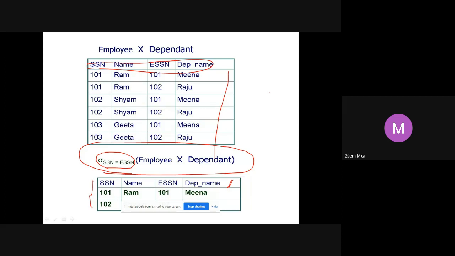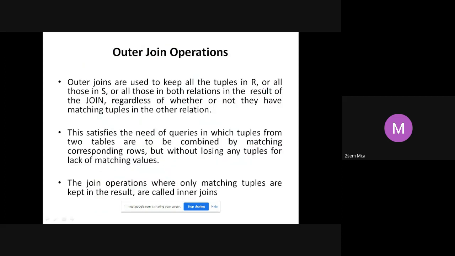What do we mean by outer join? Now, you want to retain the tuples even if the conditions are not satisfied. In that case, I will make use of outer joins.